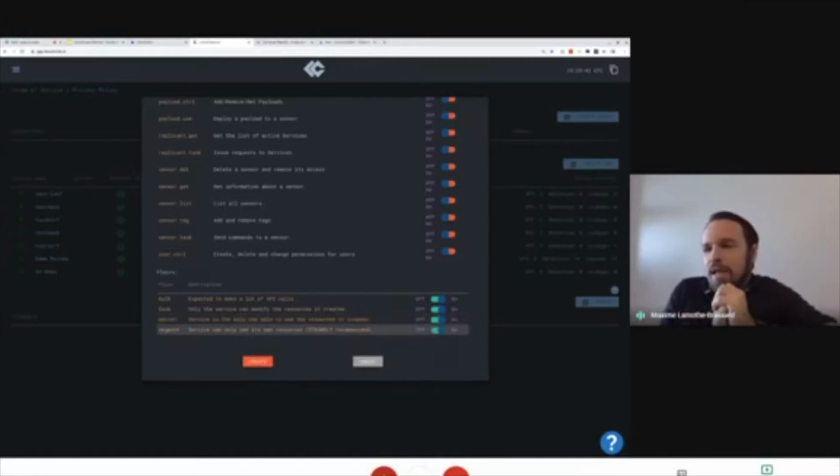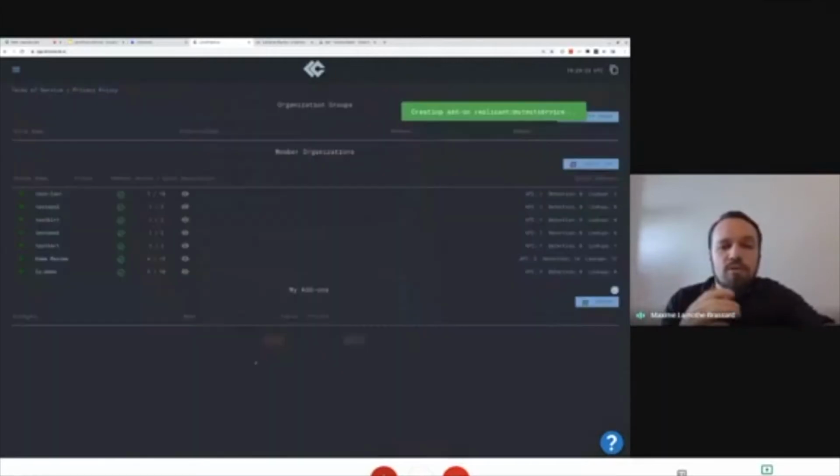And the final one is saying this service doesn't need access to everything within the organization. It really just needs to manage its own stuff. So it will only be able to see, for example, DNR rules that it has created. It will only be able to see outputs that it has created. Things like that, all these resources. So this is a very important one in general, because it allows you to have a service that won't run amok and start maybe deleting outputs you've set up or things like that. So it's kind of a good safety unless you really need it.